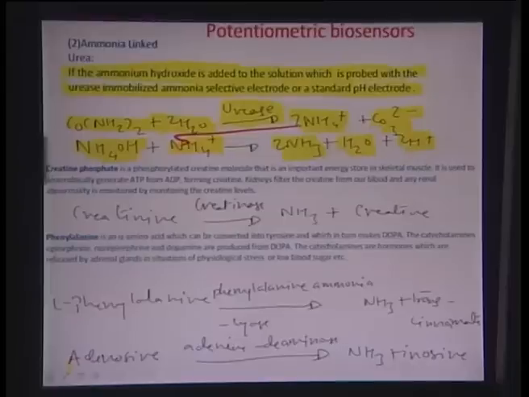There are some other analytes of interest within the human body. One which gives very good information about the renal system is creatinine. Okay. So, creatinine is essentially stored as a phosphate form, the phosphorylated form of the creatine molecule. It is an important energy store in skeletal muscles. Okay. Essentially it converts anaerobically the ATP, the adenosine triphosphate, into the diphosphate form, and this results in the formation of